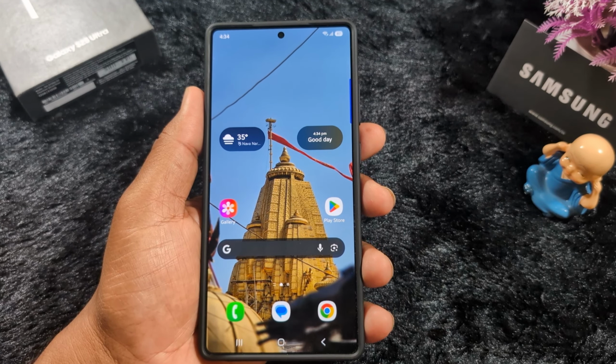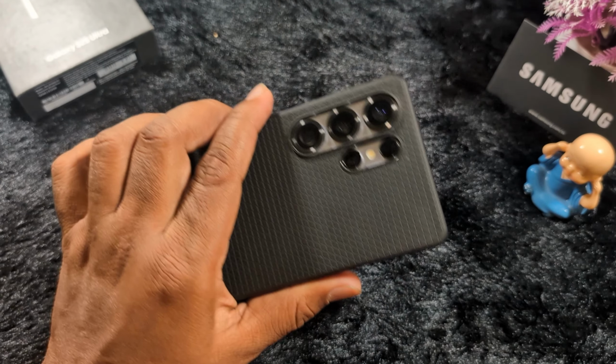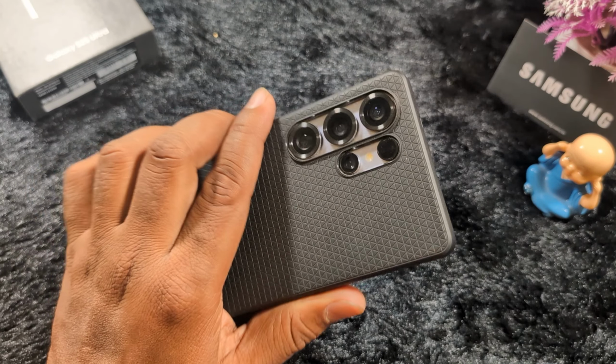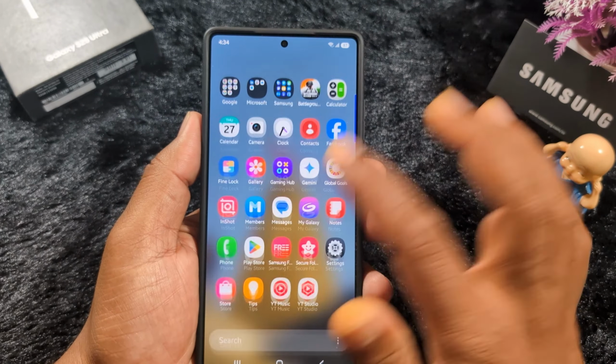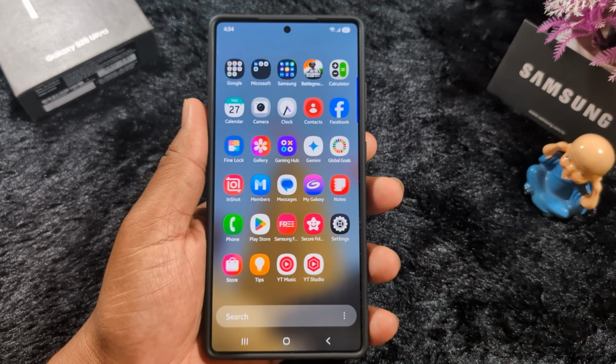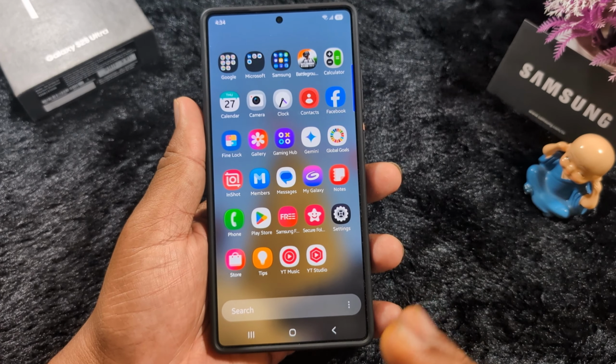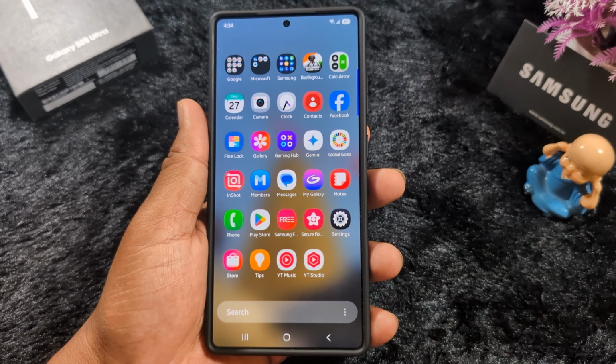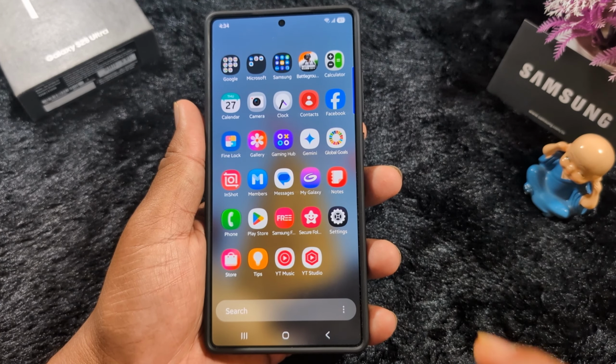How to reset keyboard to default setting on a Samsung Galaxy S25 Ultra or any other Samsung S25 series. By default, set the keyboard on your device. If you customize keyboard size, keyboard layout on your device and want to set the default keyboard setting, open the